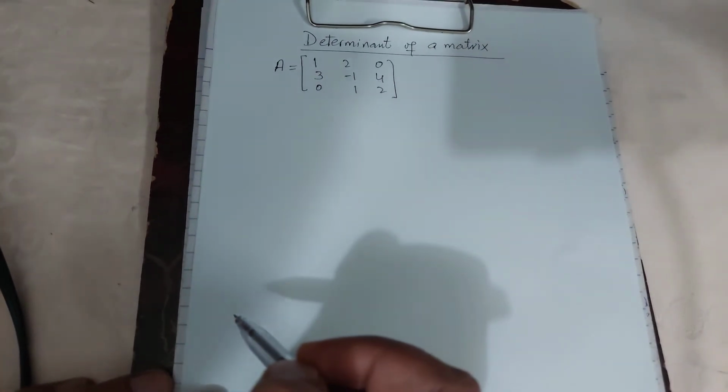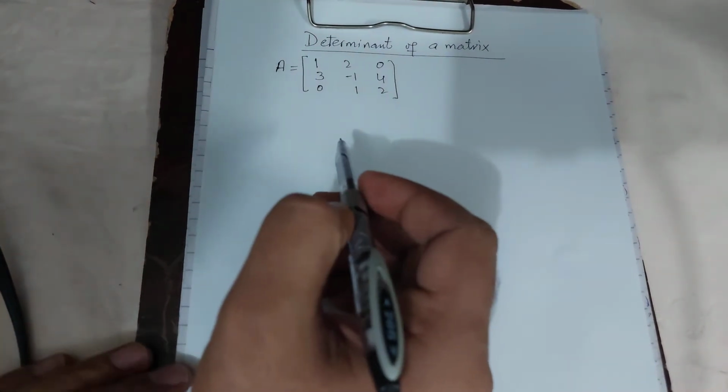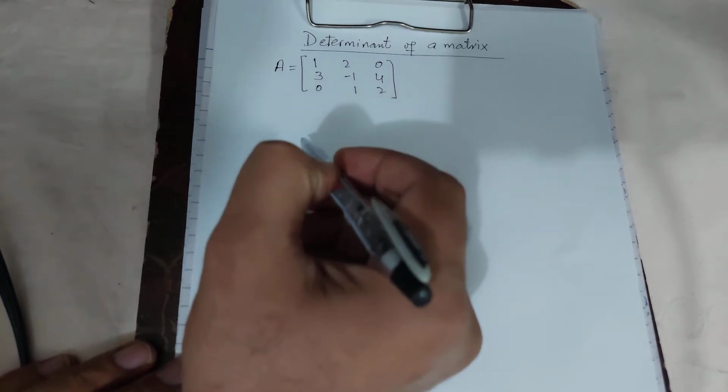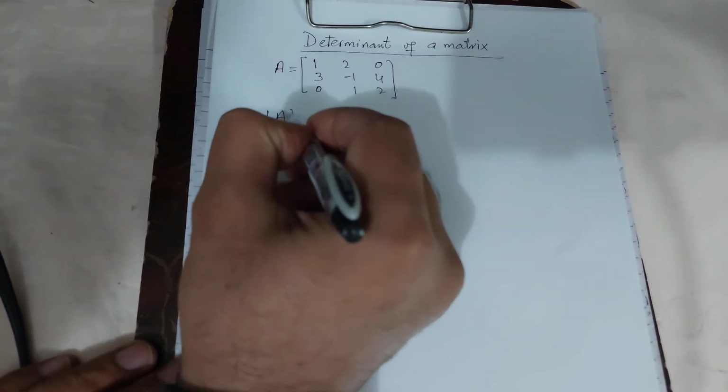Hello students. Today we are going to discuss the determinant of a 3 by 3 matrix. So the formula of finding the determinant is